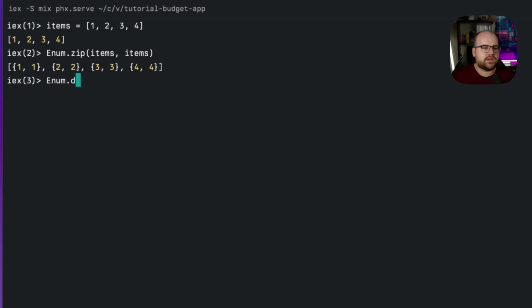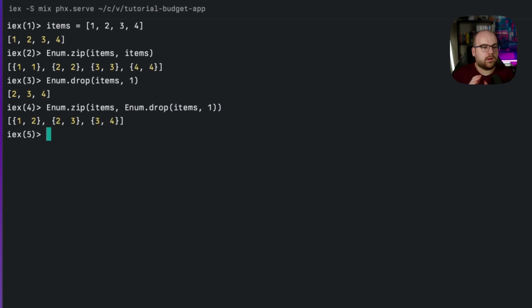So if we run Enum.drop items 1, we should get 2, 3, and 4. Now each period's balance is a function of the one that came before it. So if we can come up with a structure that gives us the previous and current period, then we can build up that value. So if we take this zip and combine it with drop, then we get the list 1, 2, that is the second period relies on the first, 2, 3, and 3,